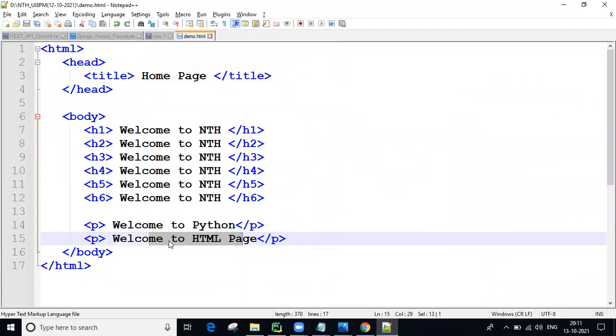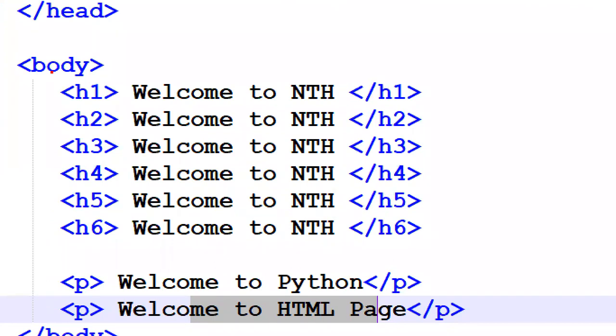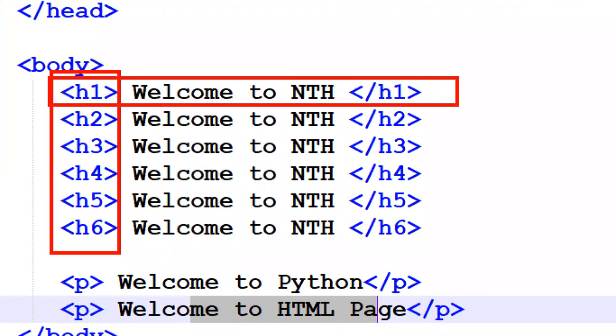Now, some points about HTML we discussed. HTML tags are all predefined tags, not user defined. Every tag has its own meaning. For example, H1 displays the most important size, and H6 displays the least important size.